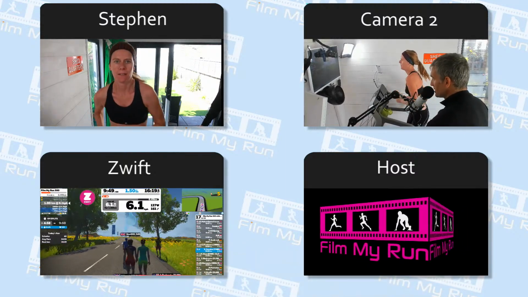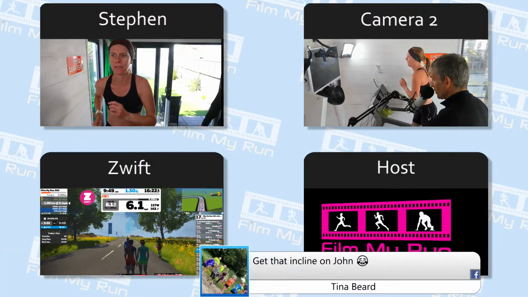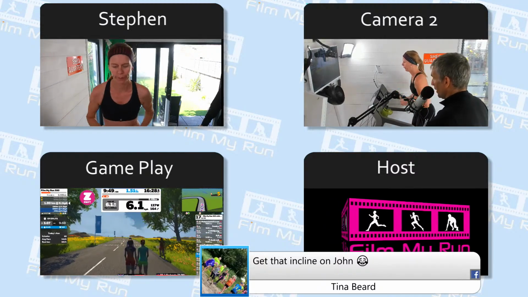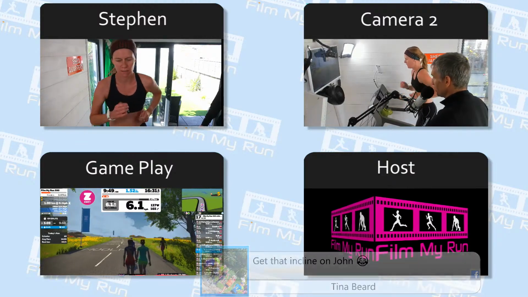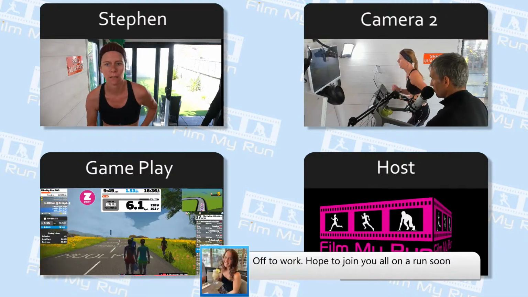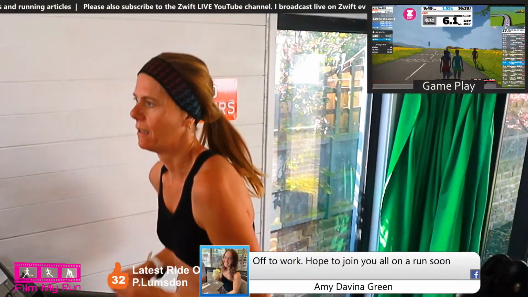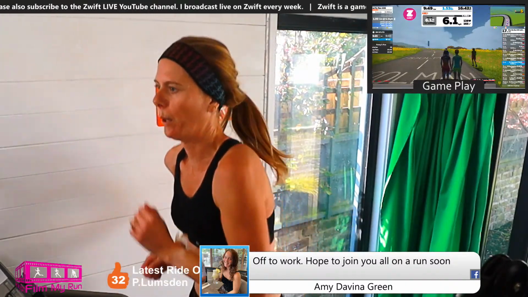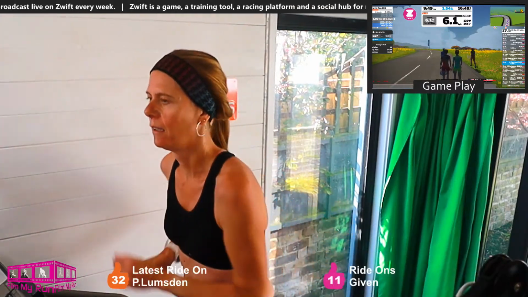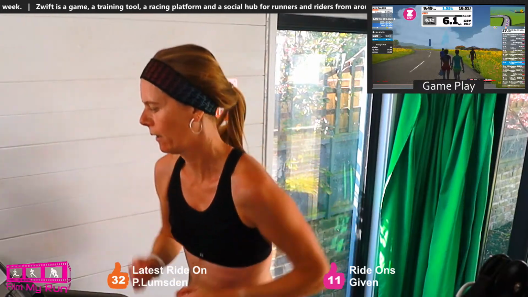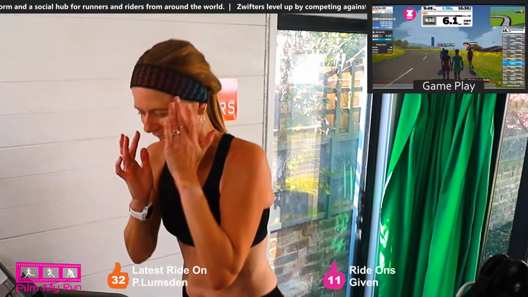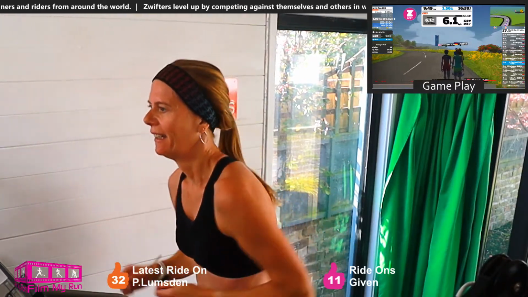So Zwift are currently developing their own branded Zwift smart bike, and I'm hoping, I have no evidence of this whatsoever, I'm guessing that they may well be trying to develop their own Zwift branded treadmill as well. Don't quote me on that. That's just a complete guess. I have no inside information. But I'd love it if one day in the next year they announce that they've developed a Zwift smart bike and a Zwift smart treadmill, which will be available at a knockdown £1,000 price for everyone. That would be awesome.